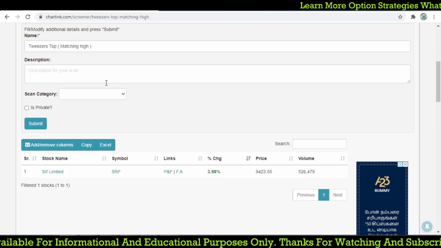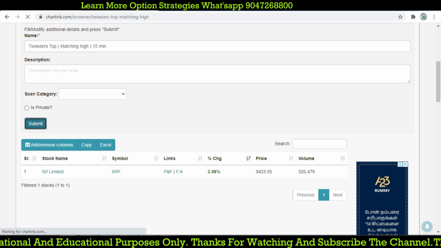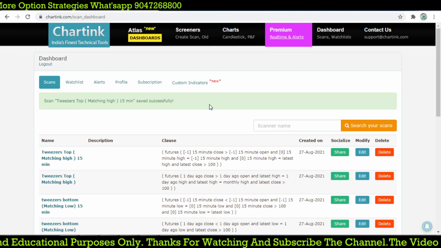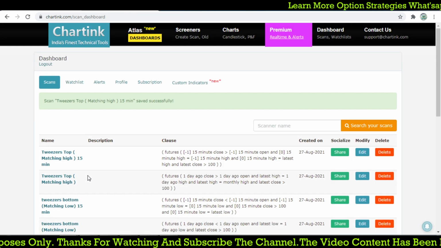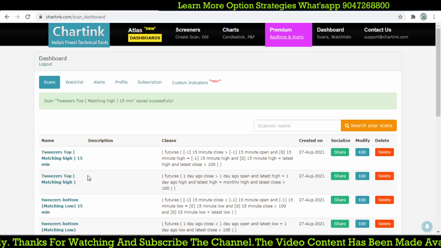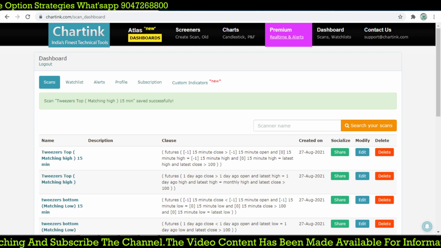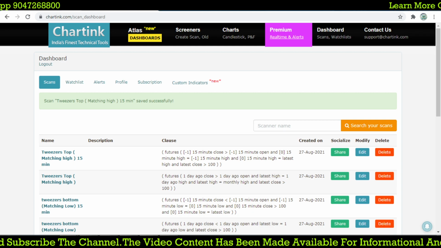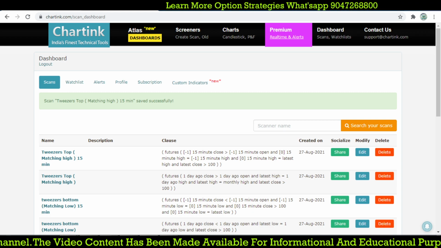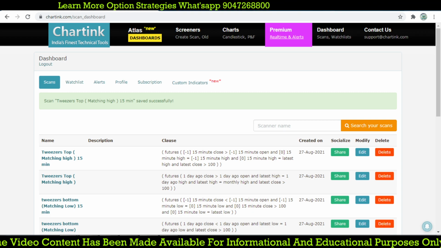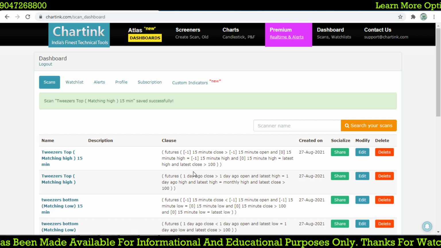So I will save this again as a 15 minutes time frame. Save as 15 minutes, submit. Now we got user bottom and user top, right? Both at 15 minutes and daily. And this is the last candle where we are going to see the double candlestick reversal pattern. Once it is done, we are going to move next towards the 3 candlestick pattern, which we will discuss in our next video. Until then, bye, and keep subscribing to my channel, that may help you to trade.